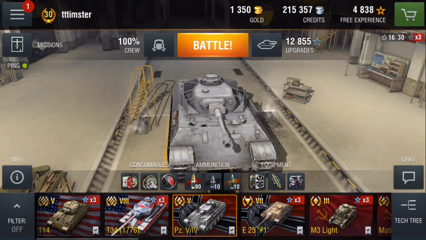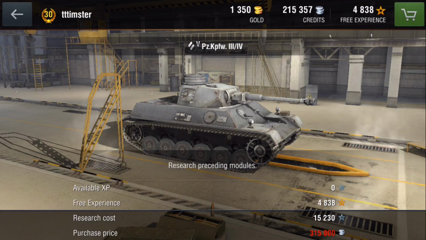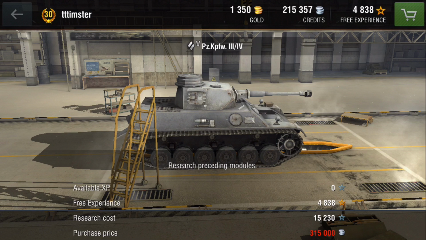As we take a look at the Panzer 5-4, you may have noticed that it is very similar to the Panzer 3-4, and that is because it is actually its predecessor. It has slightly better stats, making it a little more OP, and that's, I guess, why it's considered a premium